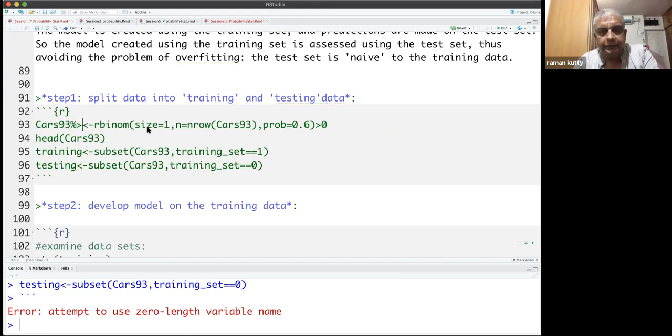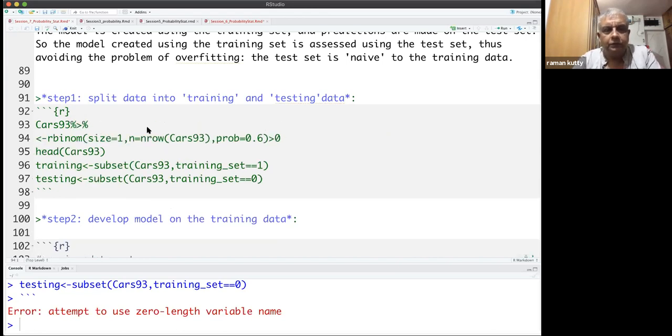I can use tidyverse to do this. Let's see if this works.